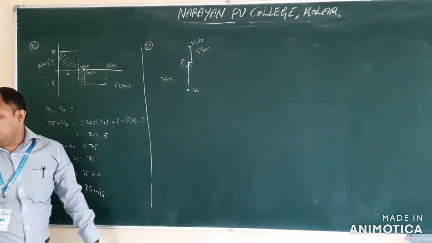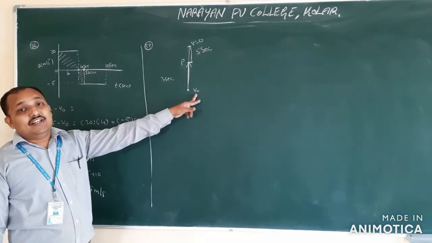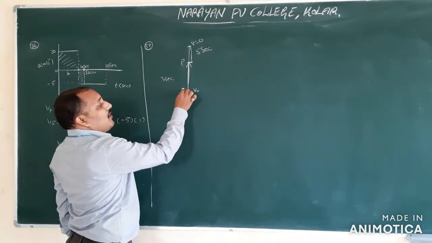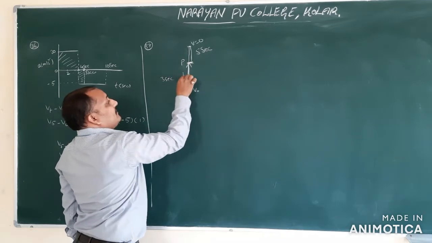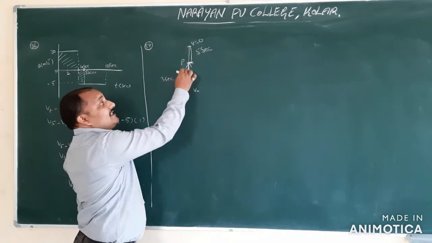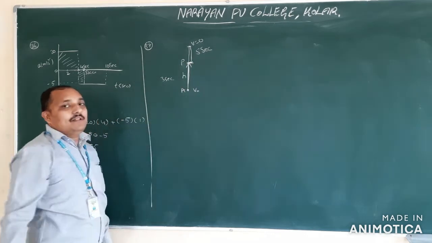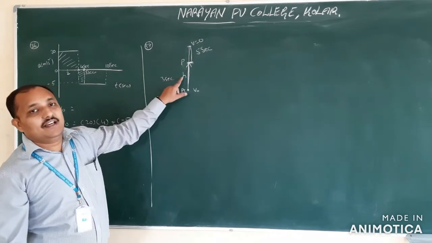Then what are they asking? What are they asking in the question? Twice, after 3 seconds and 5 seconds, the value of v0. So they are asking the initial velocity. In 3 seconds, let us assume this is point A or O. A to P, assume some height. In 3 seconds, at what height it is, that means AB. After 5 seconds, at what height it is, that means AB. Therefore, the total displacement is H1.